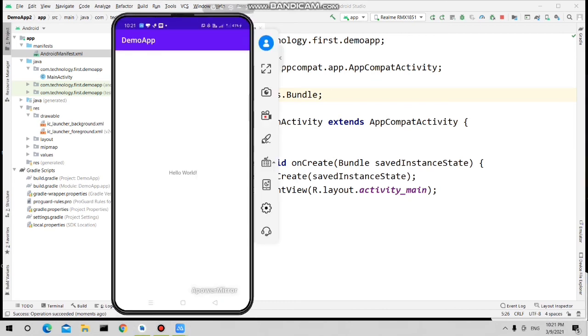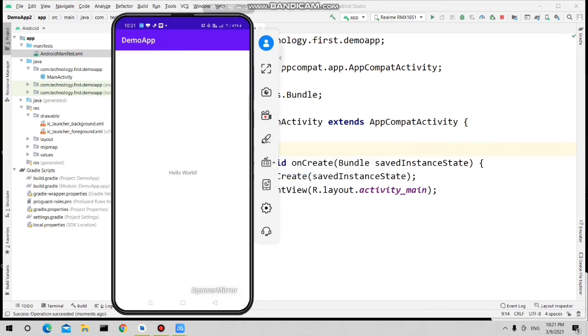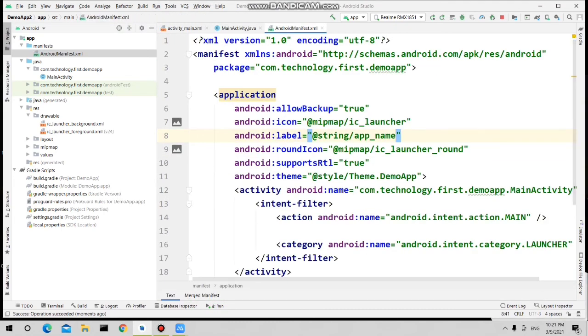Now see, you got the output. So if you got the successful output, that means the package name change has been completed successfully. Now you can check the different files. See, the package name has been changed to com.technology.first. This is not the application name.